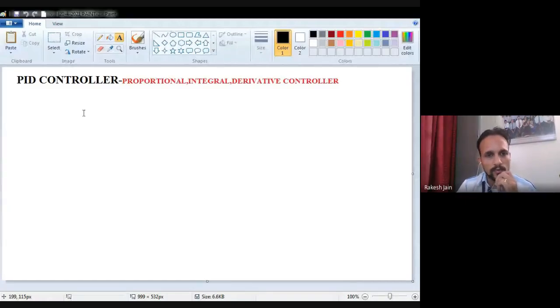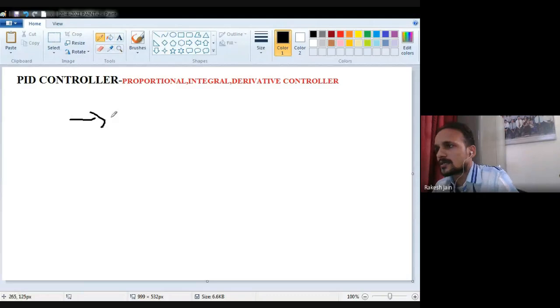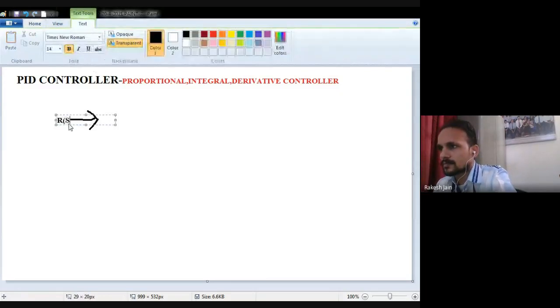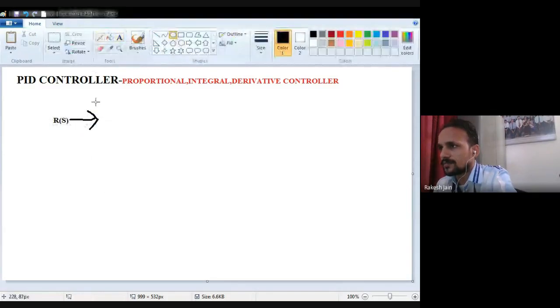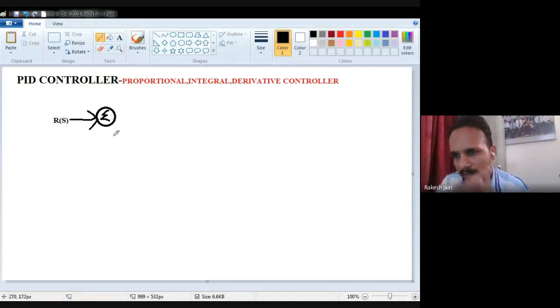Yes. So in the case of the proportional integral derivative controller, we just design the blocks. Now see, first of all, we should have an input. That's why we have an input R(s). Then we have a summing junction, so that the negative feedback will be subtracted from this input.